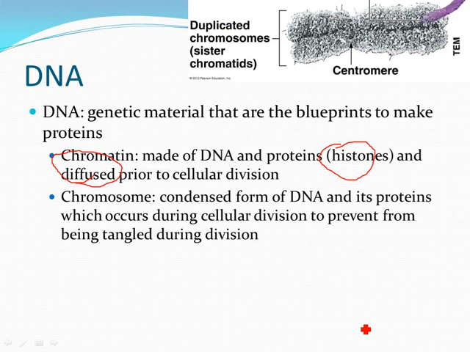The reason why is because think about if it's really stringy and all about, it's going to be really hard to divide that, right? If you're dividing the cell, it's going to be really messy and trying to pull a really tangled up string away from each other. However, if it's wound up in a condensed form, it's more easily manageable. You could end up taking that wrapped up DNA as a chromosome here really easy to one side of the cell or another. So this is a condensed form of DNA,